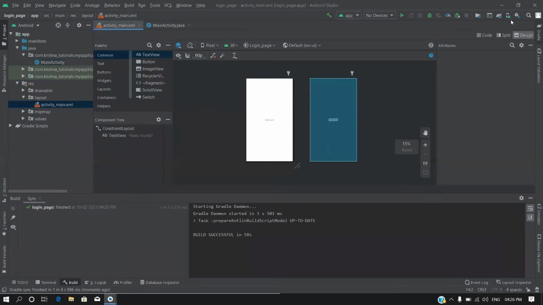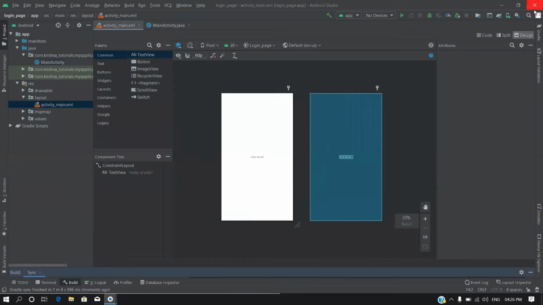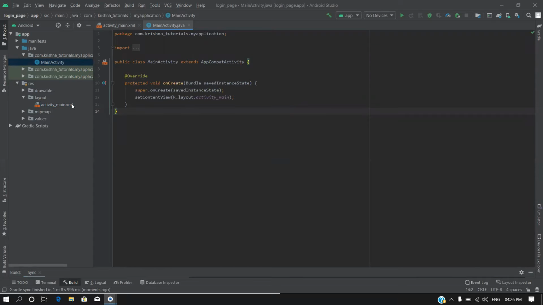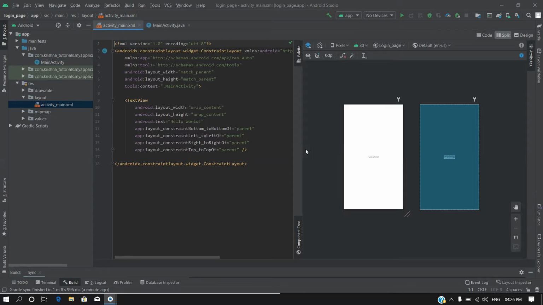Now we will move to the UI part of the design, and we are going to open a split mode where we can see the code and, side by side, the preview of the code we are going to write. Our aim is to create a login page where we can take input from the user, which is the username first, then second is the password. So we are going to create a UI for that in XML. In Android we do the logic part in Java files, or it may be Kotlin, and the UI part will be done in XML.